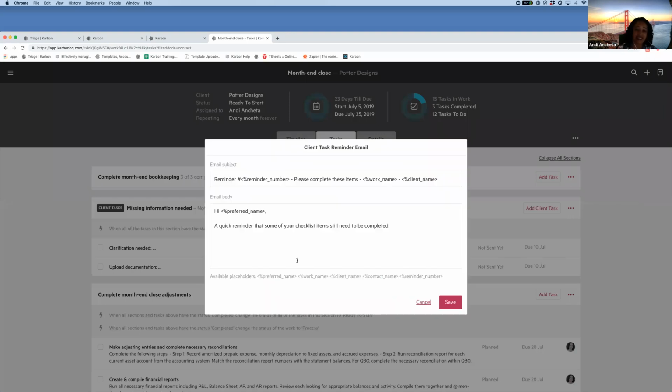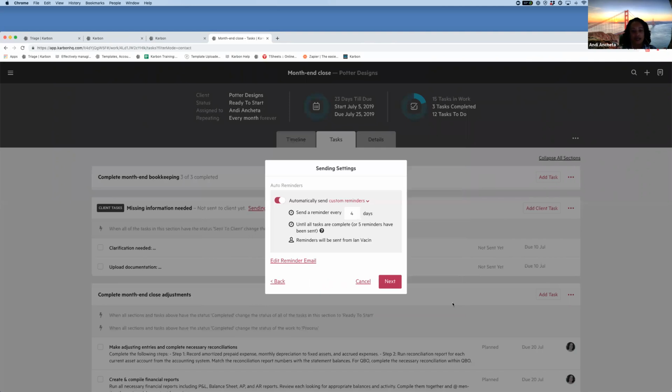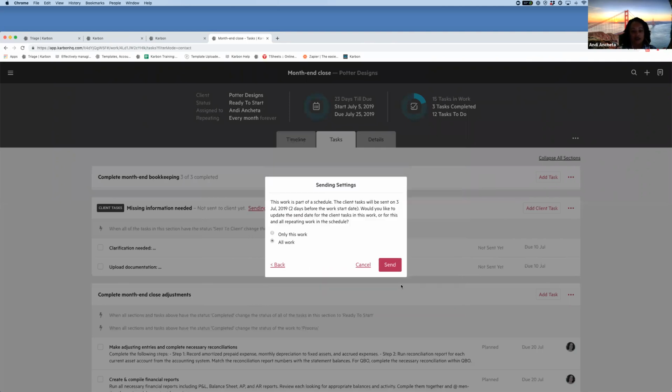You can also edit the reminder email. Again, I might eliminate the client name. I don't really need that in the subject of the email. I could update this as well to add in some other additional information, entirely up to you. But Karbon will remember this canned reminder email, as well as that canned first initial email, for all future work. When I hit save and hit next, Karbon's going to ask me if I want to go ahead and update